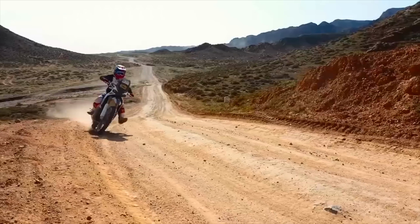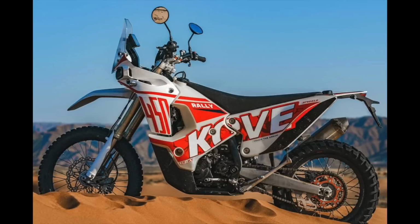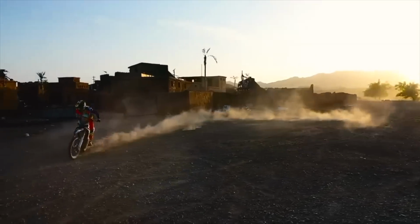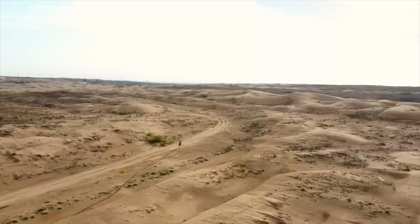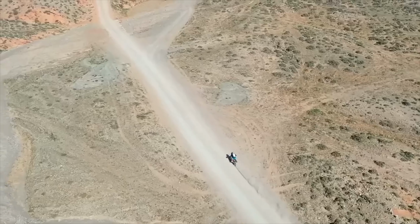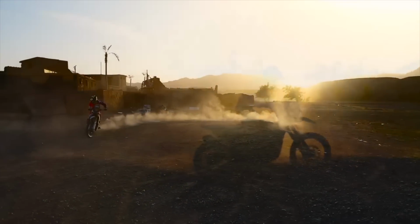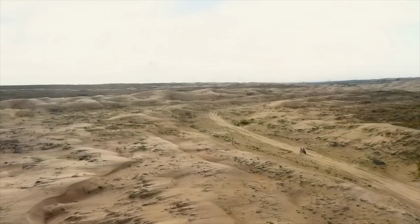Specs? There are 3 bikes available for 2 different prices. For $9,000 you can get a regular rally model available in 2 seat heights. These bikes have liquid-cooled, fuel-injected, single-cylinder 450cc motors which are said to churn out 51 horsepower and 29.5 pound-feet of torque. Pretty incredible numbers. They are listed as weighing 145 kilograms on the manufacturer's website without fuel, which equals 320